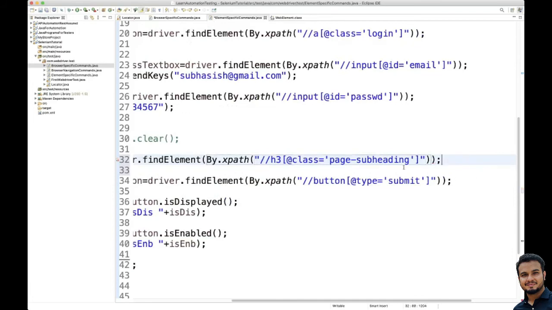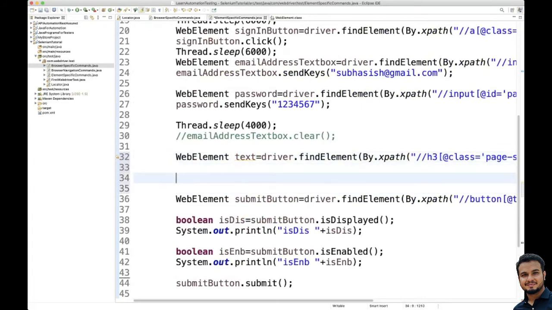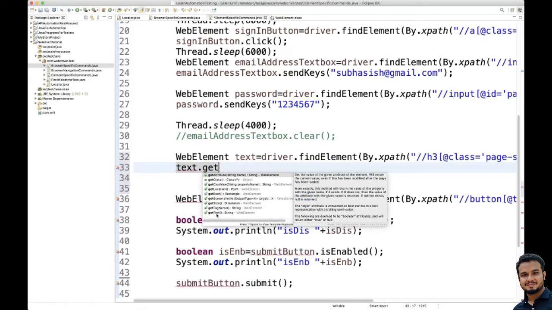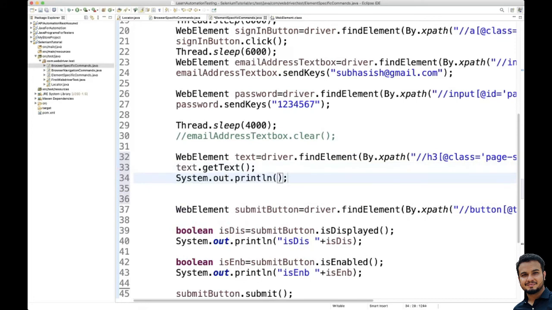And what we want to do is text.getText, and we will print that, "text is". Or you can do something like this also, String s is equal to, because it is a string, and you can just print that.